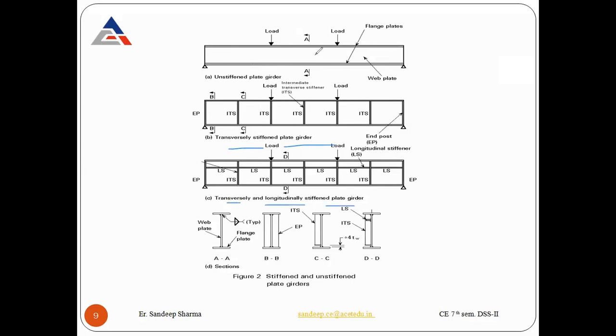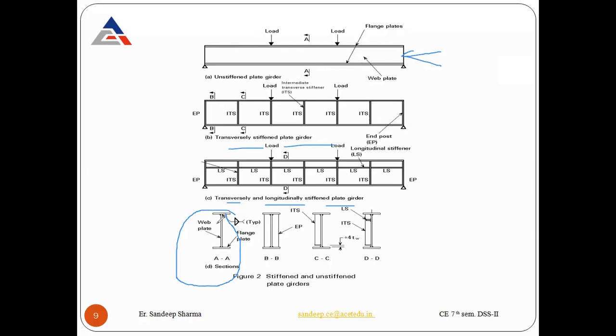Okay. So at section 1-1, this is the section you can see along here, where we do not have any kind of stiffener. So this is an unstiffened plate girder. There will be less shear, so less chance of web buckling due to shear. So there we do not need to provide the stiffener. That's why we provide the unstiffened plate girder there.